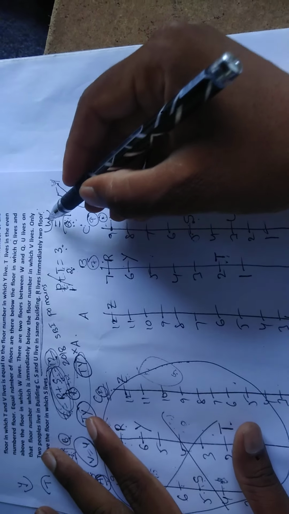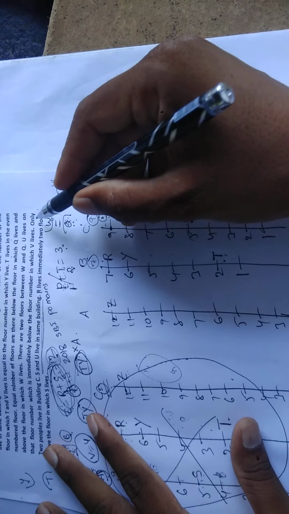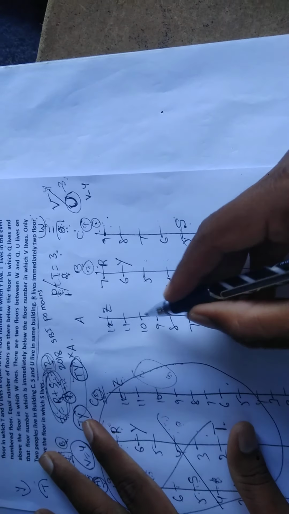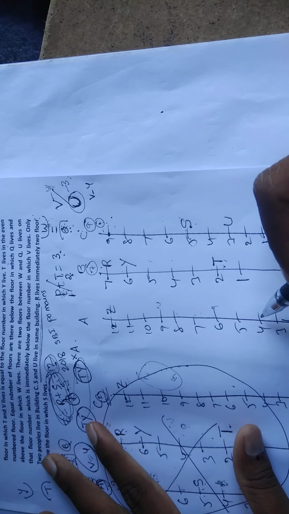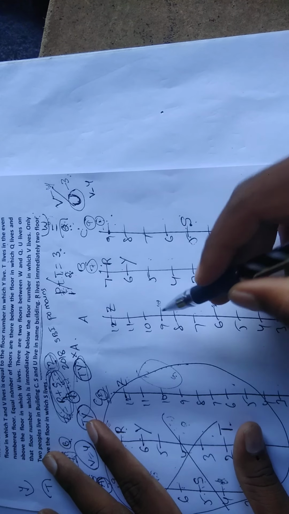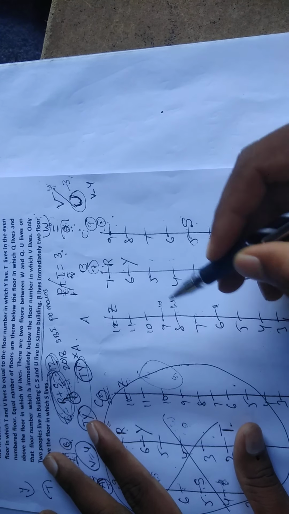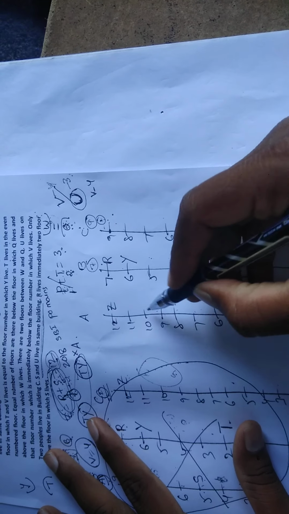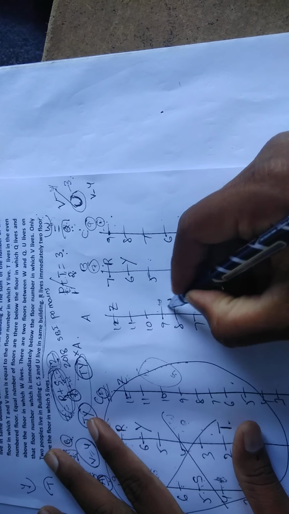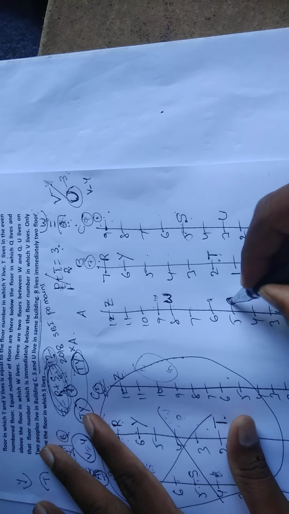But friends, W1 queue compulsorily comes in the middle. Why? Because the number of floors above W is the same as below Q. Suppose if I take W here, 1 to different is for Q, below Q 5, above W, no chance. Suppose here W, 1 to different is for Q, below Q 1, 2, 3, 4, above W 1, 2, 3, 4. Yes, this is the condition. See here, this one is for W, this one is for Q.